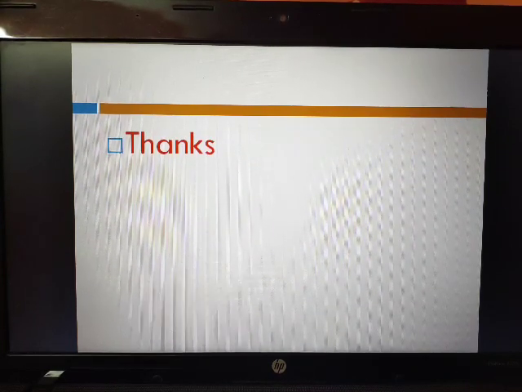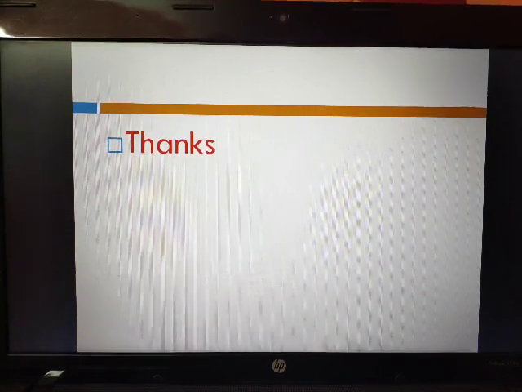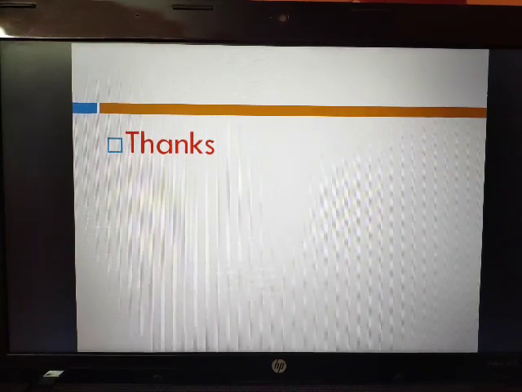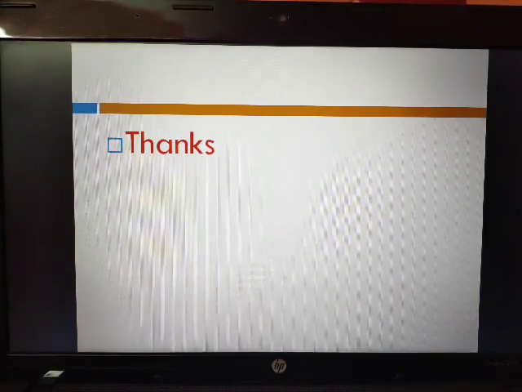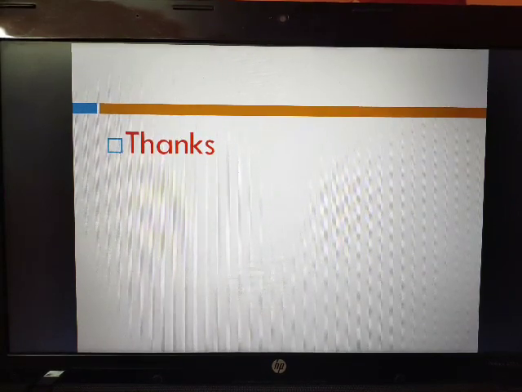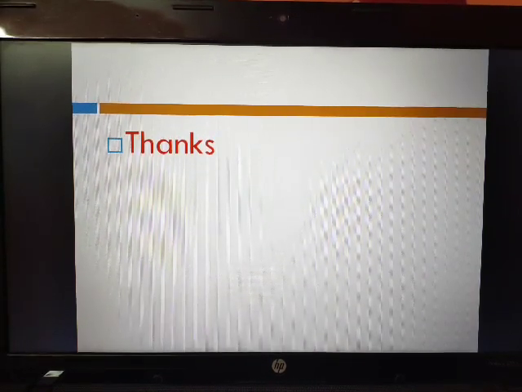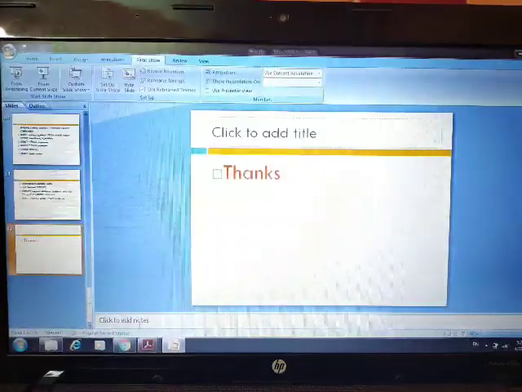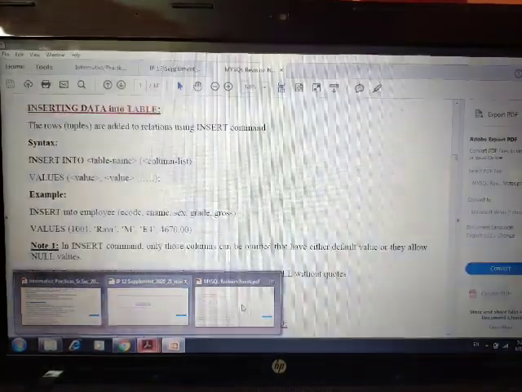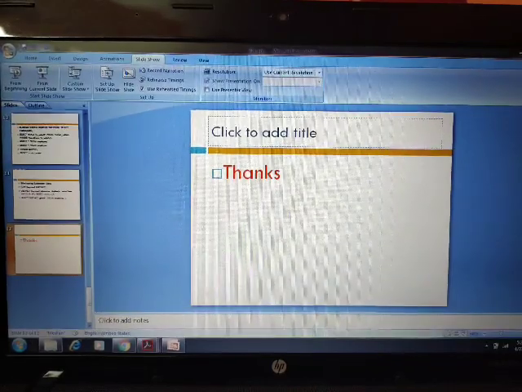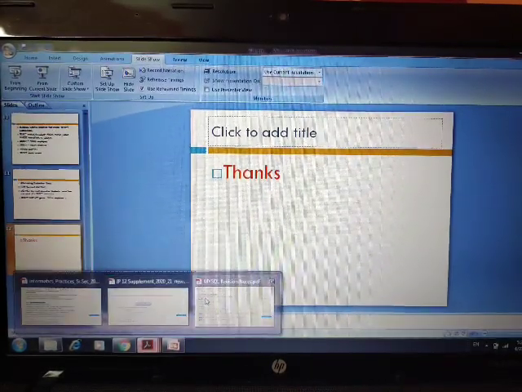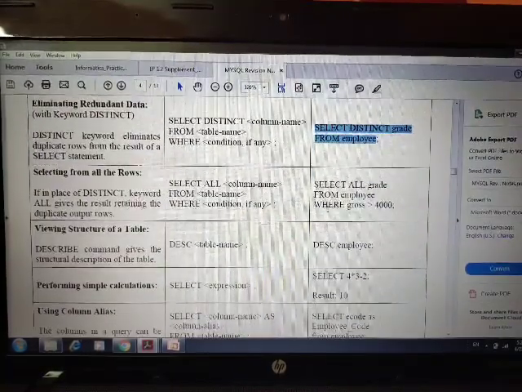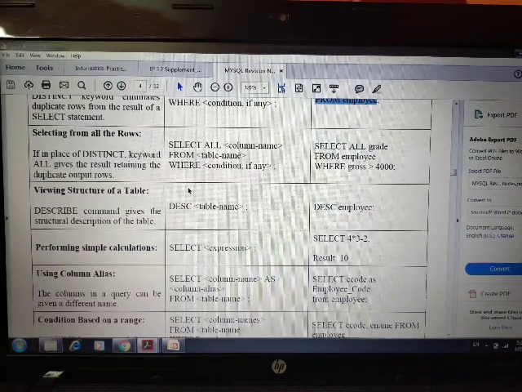So these are the different types of commands, and you can try to practice them in your MySQL software. You have MySQL software, so you can take any version and try all these commands. Very shortly I will try to provide you the second part of MySQL, with different types of commands also. I will try to discuss these in my next video. Here 1, 2, 3 are the more important things.